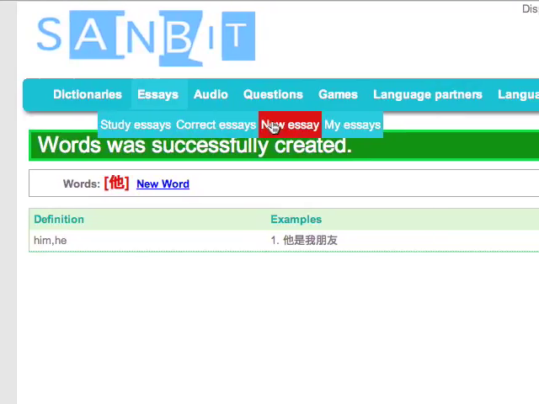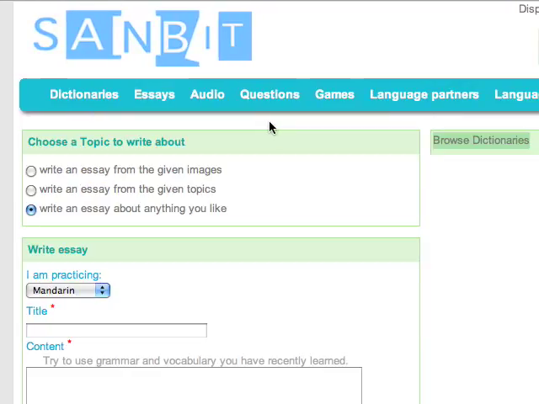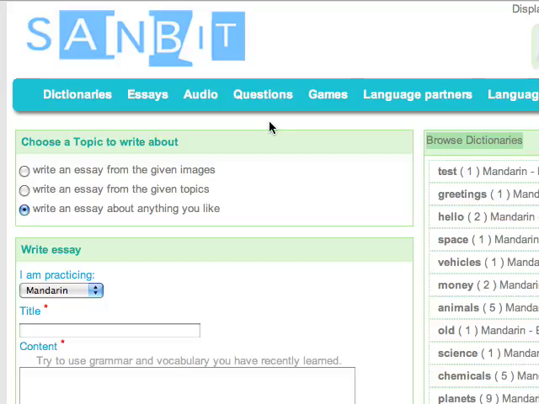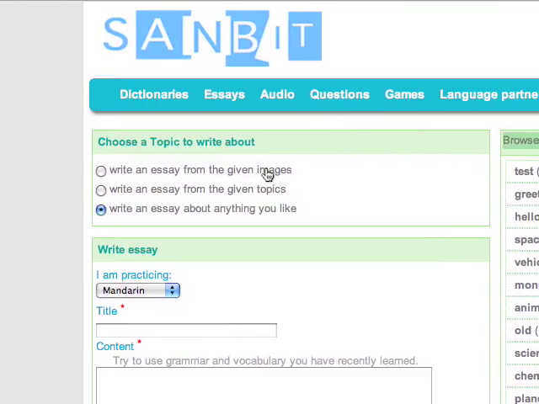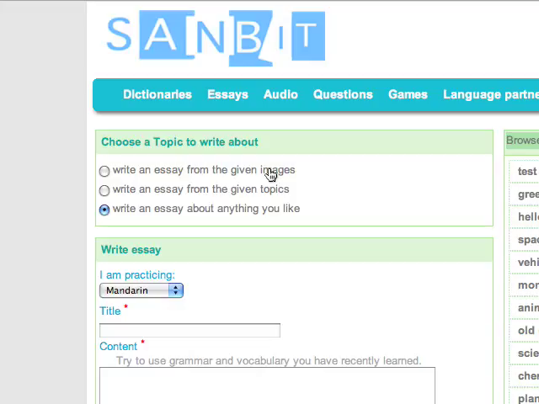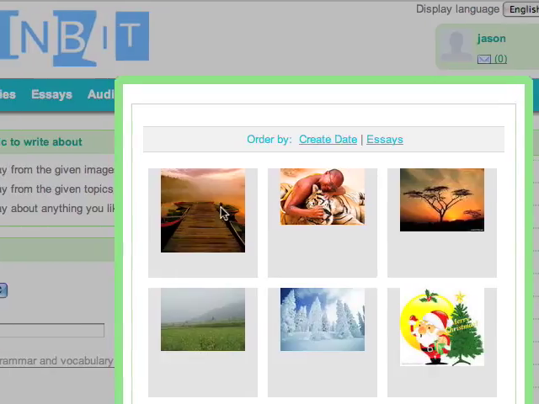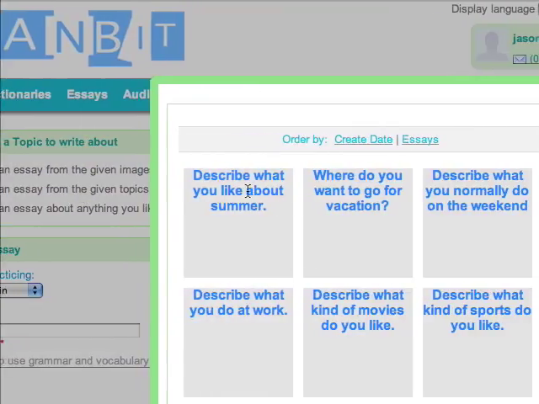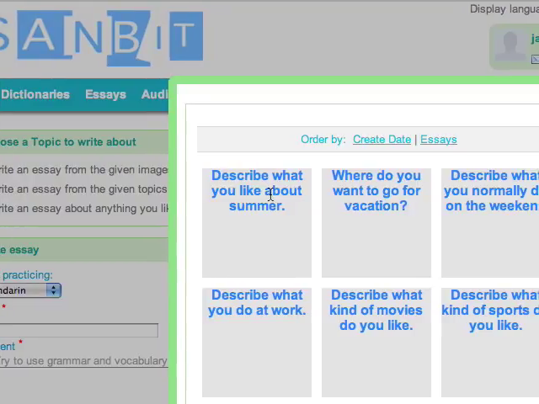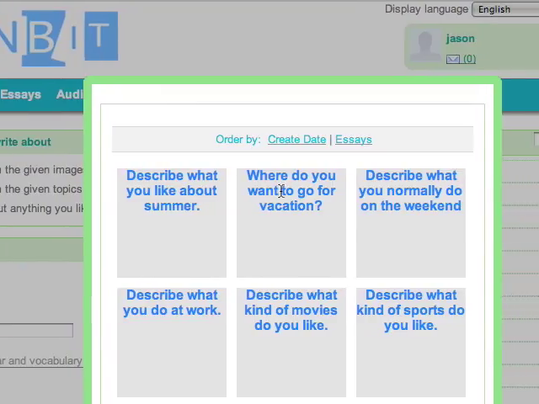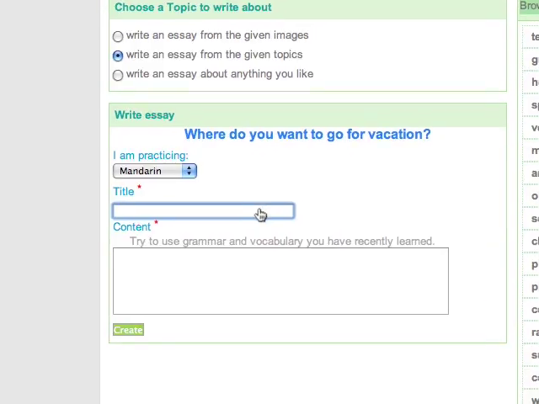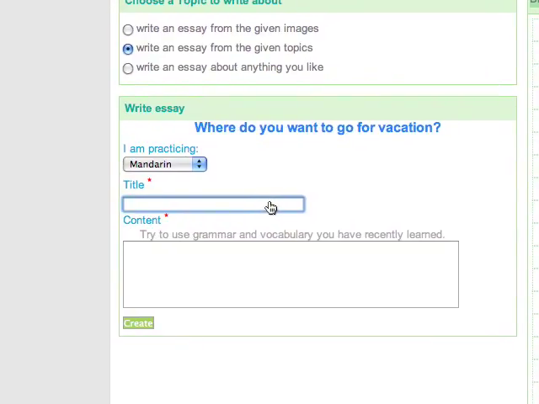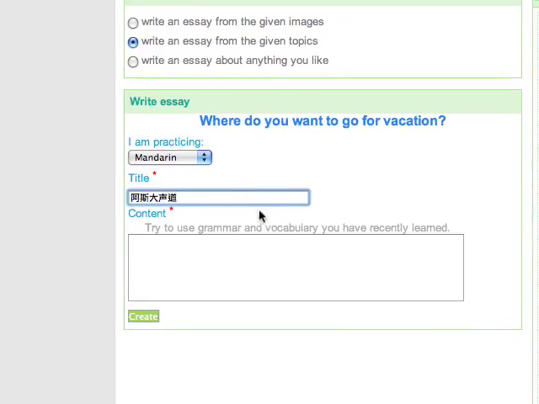So let's go over writing. To help you improve your use of a foreign language, you have to be able to write also. So with writing, how it works in Sanbit is that you choose a topic to write about. So you can choose an image, or you can choose some of these little descriptions, like what do you like about summer, or what do you do for vacation. So we'd write a title. I'm just gonna write gibberish for now,